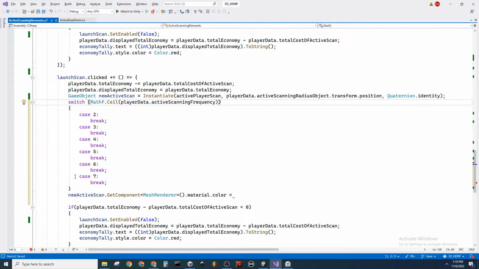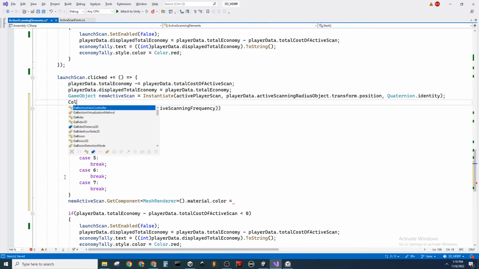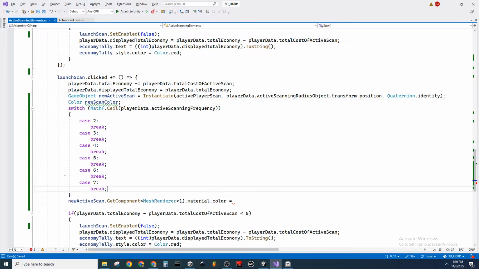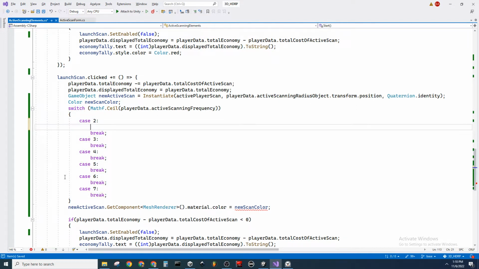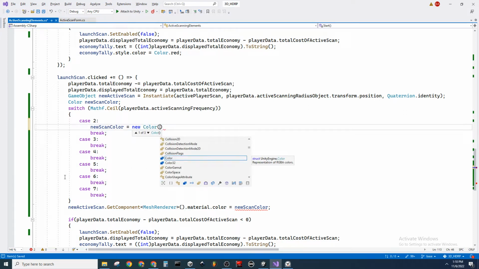So I'm wondering if I should, probably I'm just going to come up here and easily say color, and I'll say new scan color. And the idea is that new scan color is going to be the new color of the scan, and I might have to initialize it, but the idea is we would come in here and in case 2 we would say new scan color equals new color and the XYZ. However, it might be a little better to